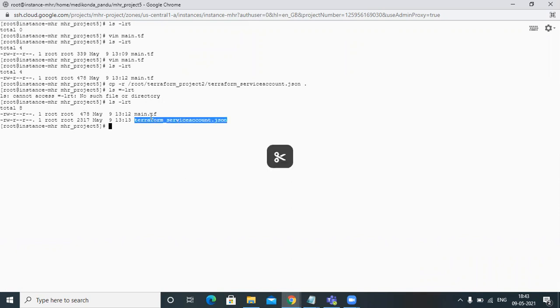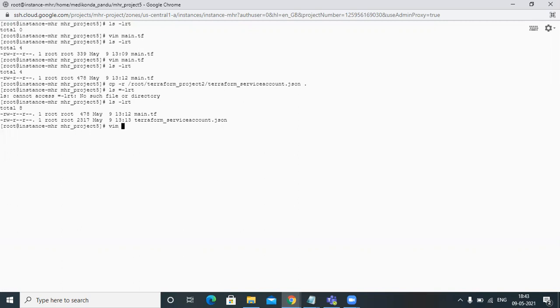To create the VPC or subnet, we require the service account. This service account I already created. How to create the service account I explained in previous videos. You can go through it once. Previously I kept that service account in a Terraform project, and I simply copied it into this project.